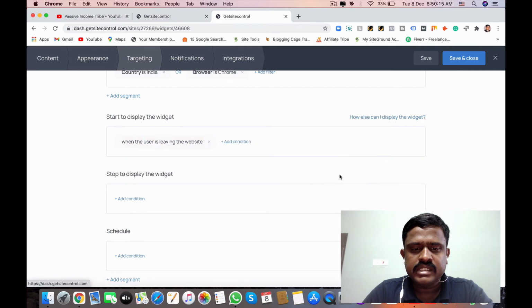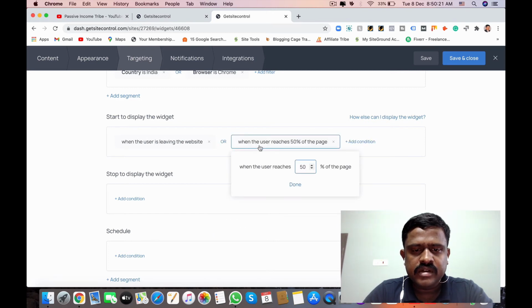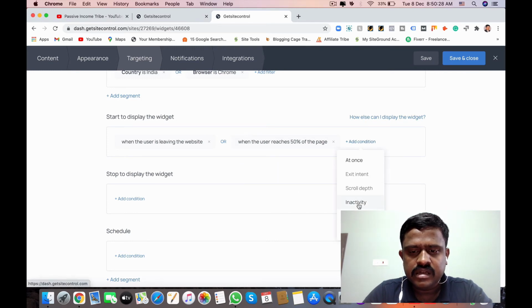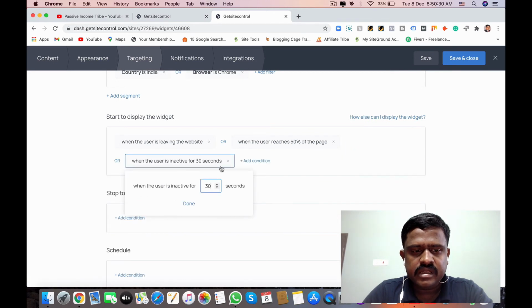You can give exit intent when the user is leaving the website, scroll depth when the user reaches 50 percent of the page, and inactivity, here when the user is inactive for 30 seconds.